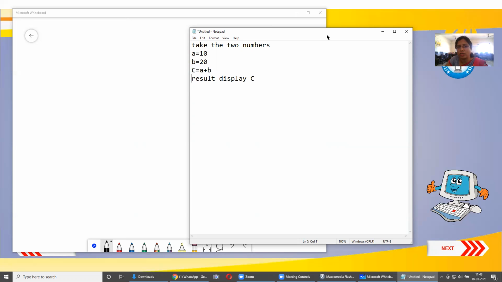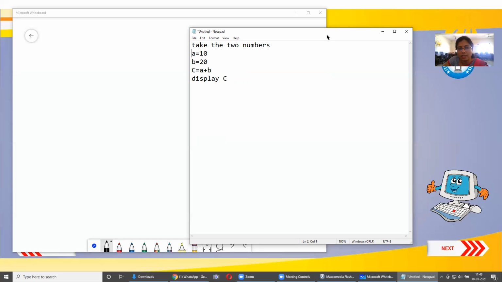This is my program. So you are supposed to take two numbers wherein A is equal to 10, B is equal to 20, and then do C is equal to A plus B. Whatever result is there, display C. Okay, this is my simple calculation.